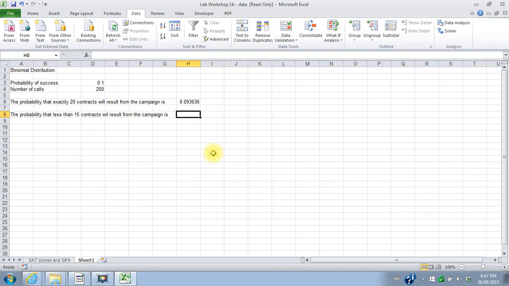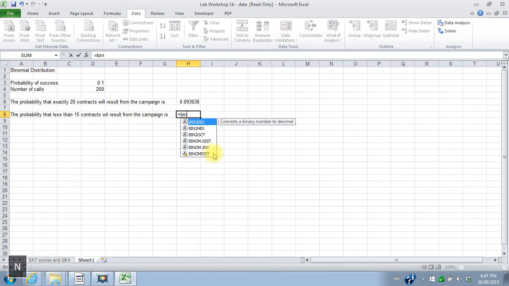So I can say equals binomial distribution. So the number I'm interested in is not 15, it's 14, because I'm talking about less than 15 contracts, not less than or equal to 15. So the value of the random variable I'm interested in is 14, comma, again, point to the number of trials, or yes, the number of calls, comma, the probability of success,